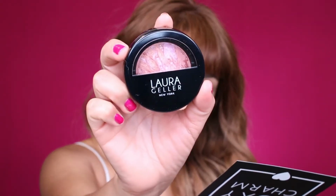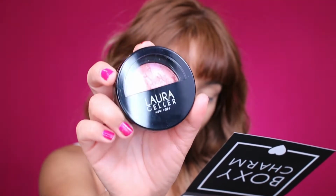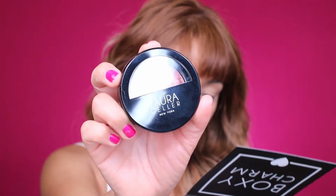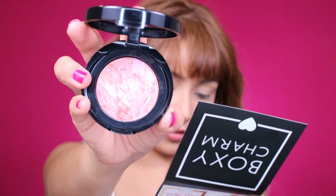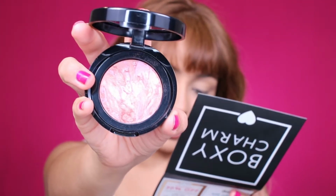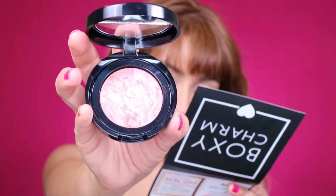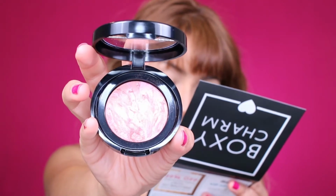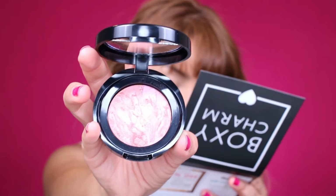The next product that we received is this Laura Geller Baked Blush and Brighten. Add a gorgeous glowy flush to your cheeks with this baked blush. Stunning swirls of liquid pigment are baked in Italy for 24 hours on terracotta tiles and hand finished into a silky dome of powder. This smooth and long-wearing formula is paraben-free and infused with skin-loving antioxidants. This retails for